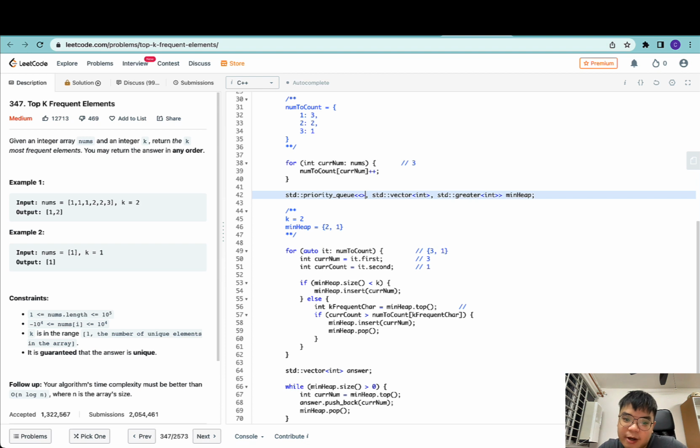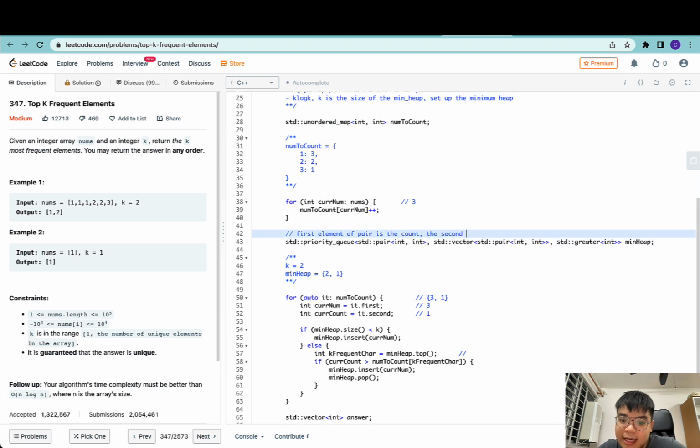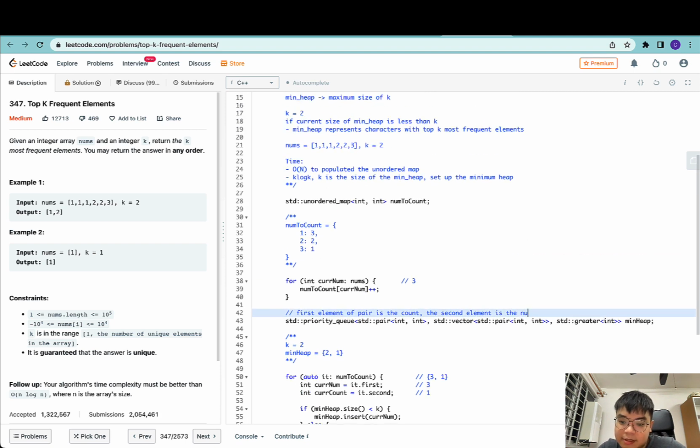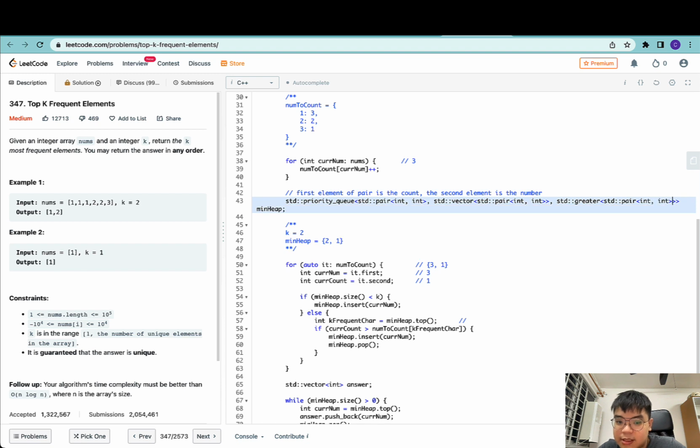So let's change this priority queue to take in the pair instead. So std::pair of int to int, and this would be std::pair of int to int as well. The first element of the pair is the count, the second element is the number. So this would be greater of pair int. Yep, that's it. So we will insert not just the current number. I guess we have to do std::make_pair, and we will pass in,